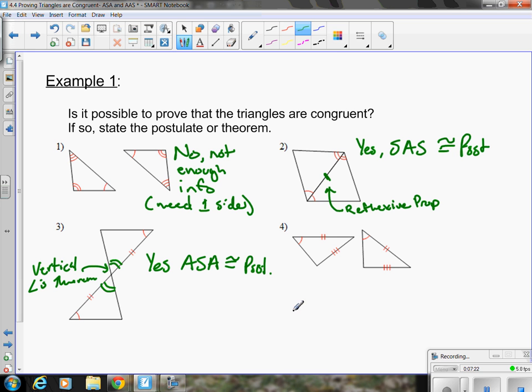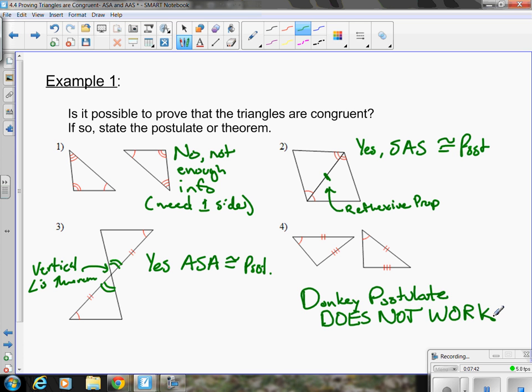And this is what I call the donkey postulate. Okay, donkey postulate does not work. Okay, it does not work, meaning that if you look at this, the angle is not included between the two